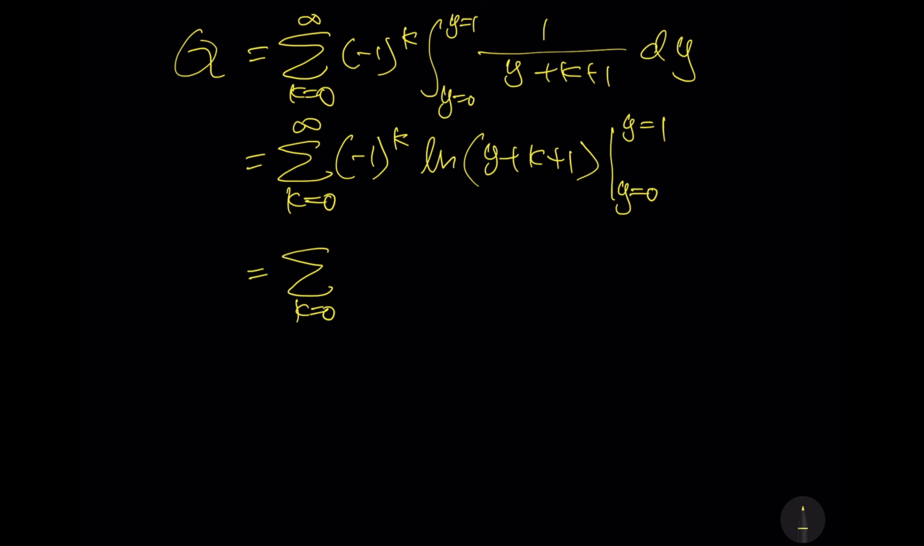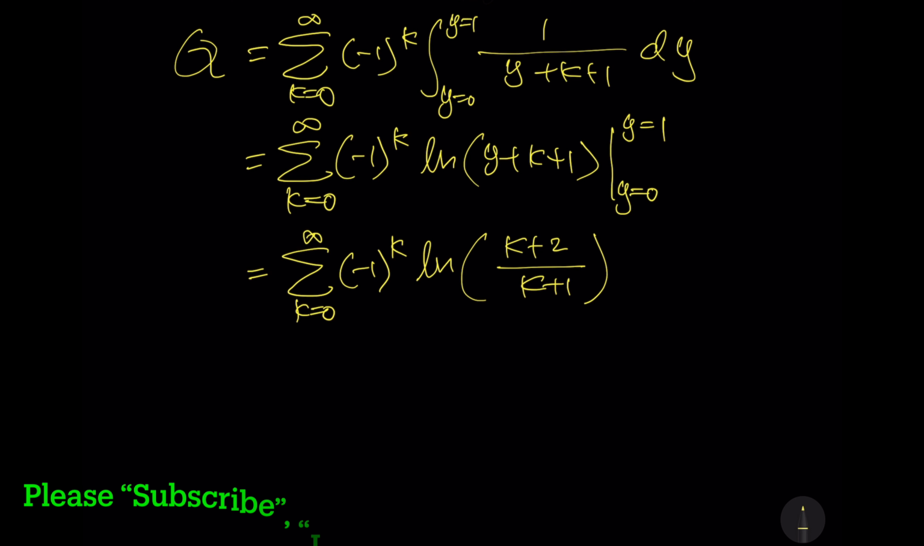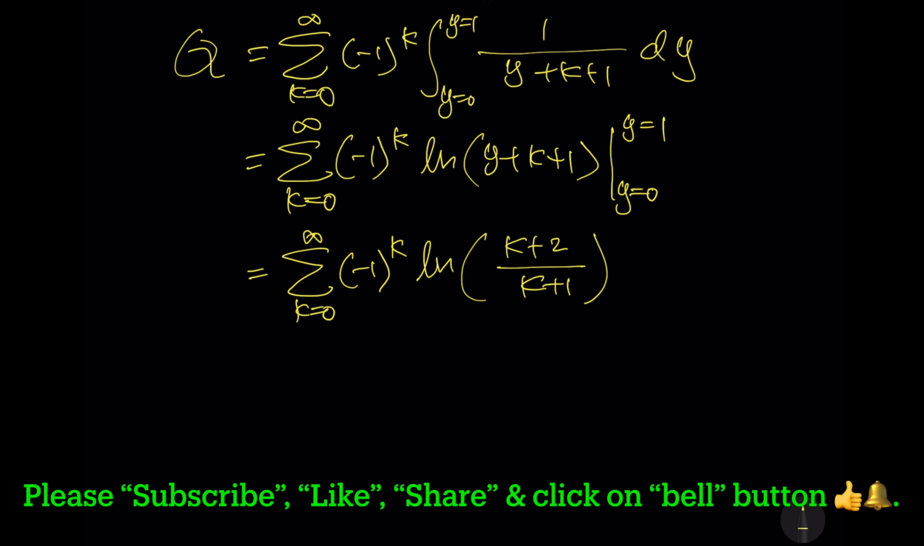The summation term will still be there. We have natural log of k plus 2 minus natural log of k plus 1. We can combine using natural log rules to become natural log of k plus 2 divided by k plus 1. Let's put in the values of k from 0 to infinity. When k equals 0, negative 1 power 0 equals 1. When k equals 1, negative 1 power 1 equals negative 1,